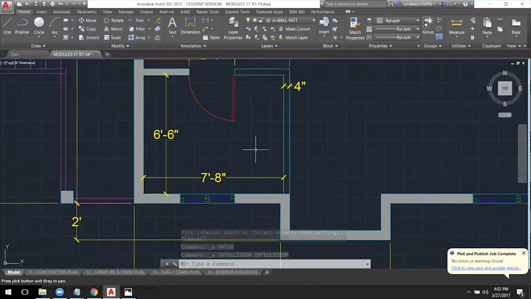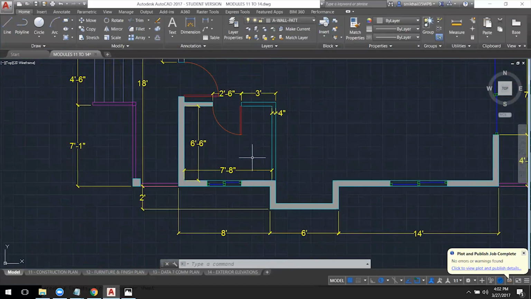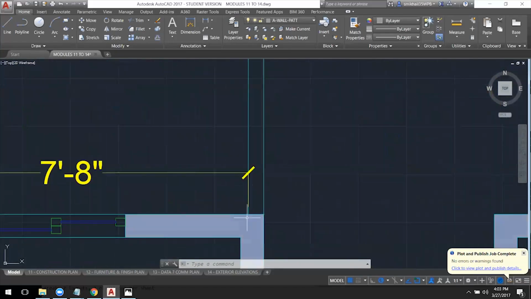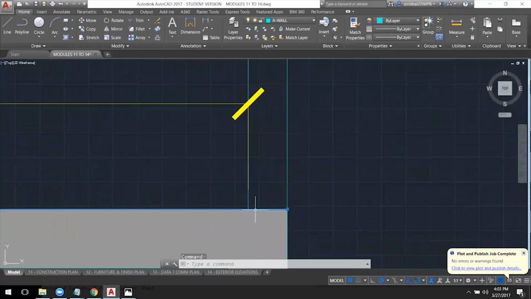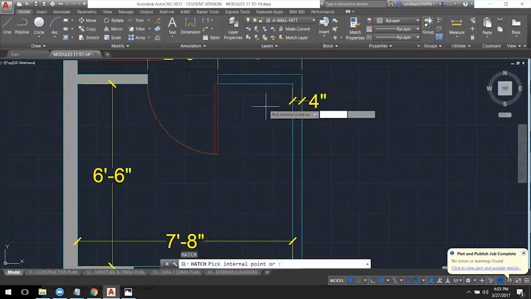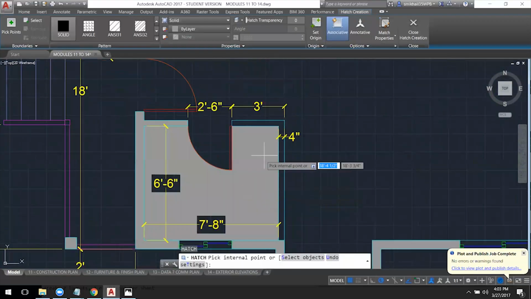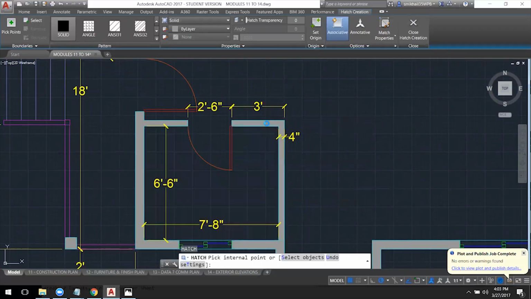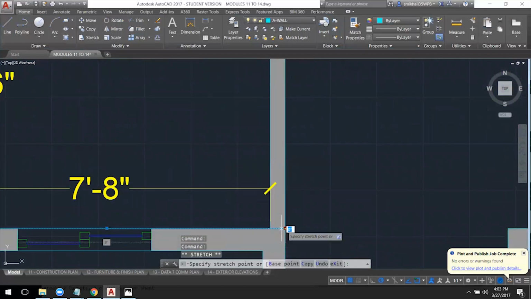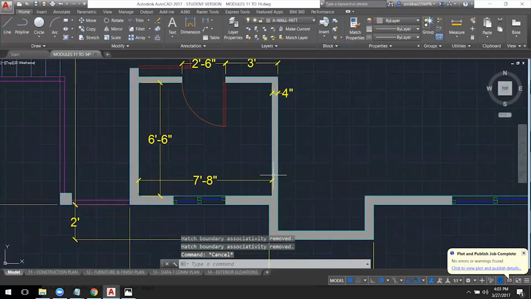I want to show you an example here of how you can make AutoCAD think less when you're hatching. Because the shape is very complex, it might take a long time. You could potentially close this area right here by adding an additional line and then hatch this area, so it only is looking at this small area rather than the total interconnected boundary. And then once you create it, you hit enter to complete the command, and then go in here and drag this point back. Okay, so that's one way to trick the program into